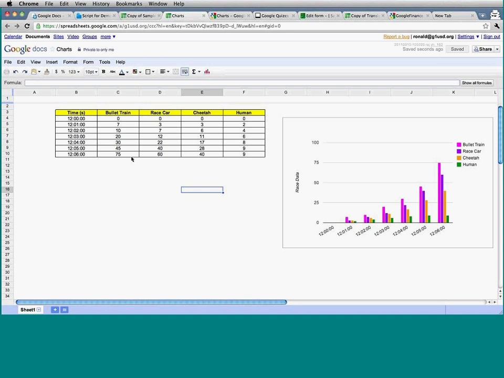Two weeks ago, we finally launched the ability to graph disparate ranges. Because let's say I wanted to graph time, only the race car, and only the human. How would I be able to do that? Before, I'd have to somehow reorganize my columns and drag them around in order to get them together. But we introduced the ability to graph disparate ranges and separate ranges. All you do is simply